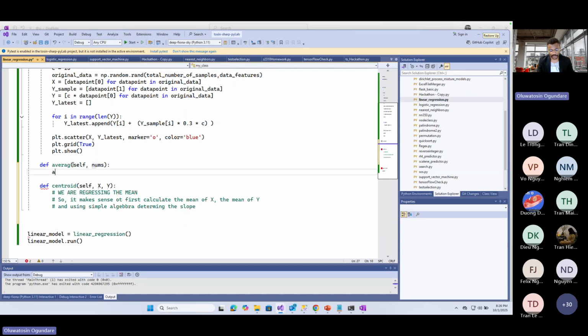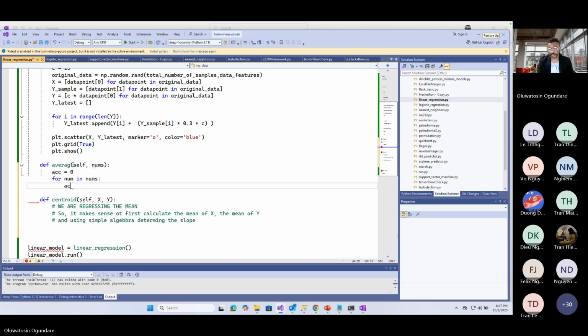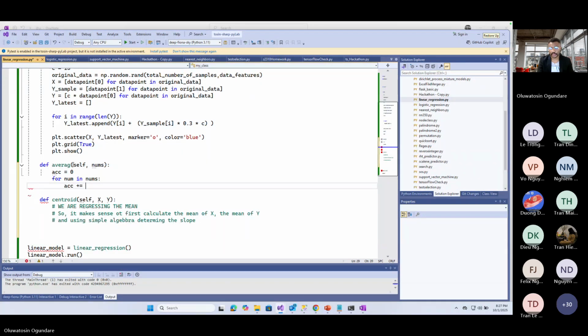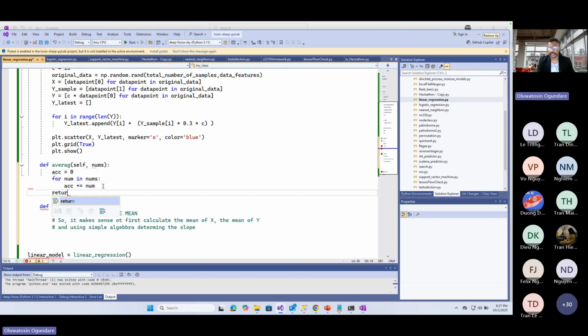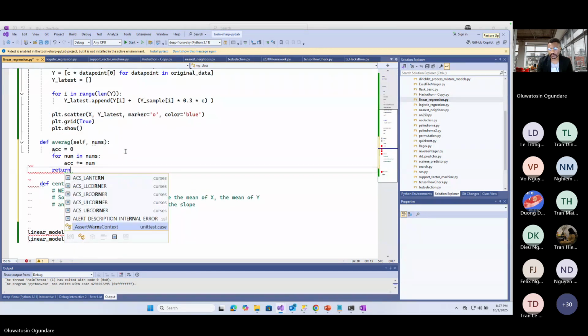And we have accumulator equal to 0, nums. And then we simply want to return